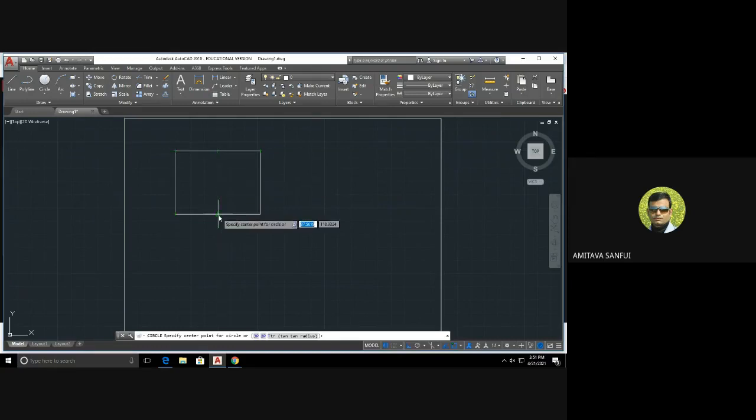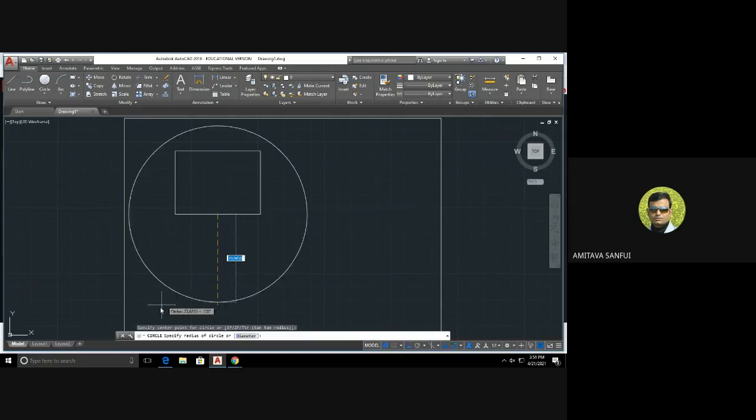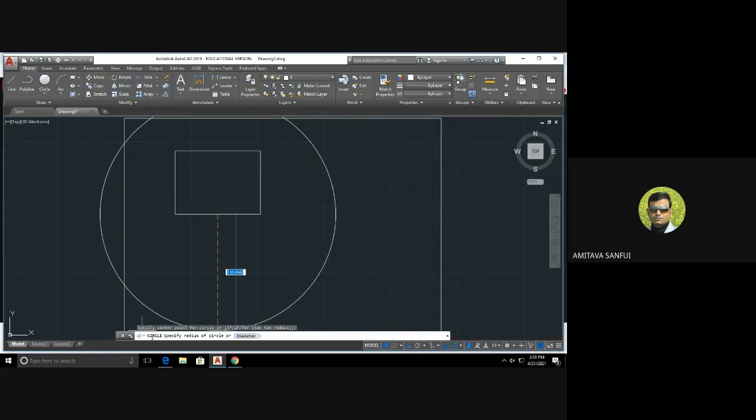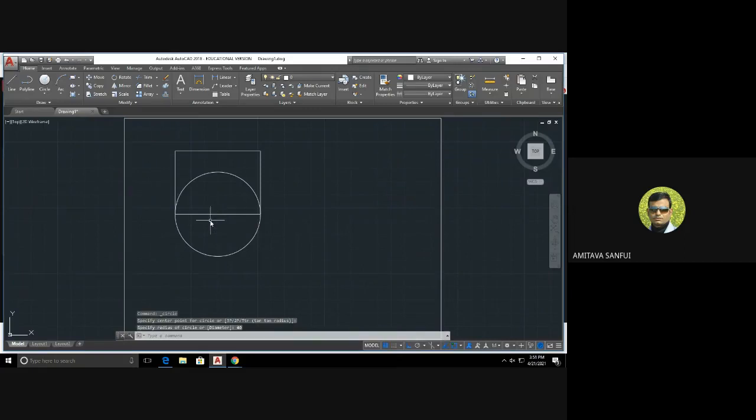So I can start drawing the circle from anywhere. Let us say I will draw the circle from the midpoint here. Then see here what has been written in the command box: specify the radius of the circle. If I enter a value, let us say 40, that will be the radius of the circle. Now Control Z undoes the previous command.